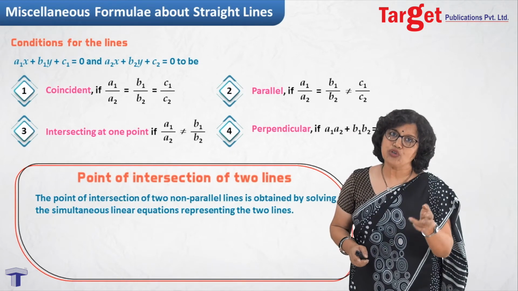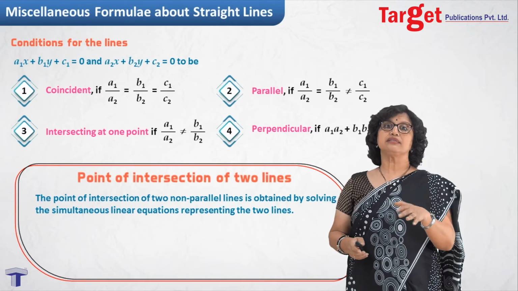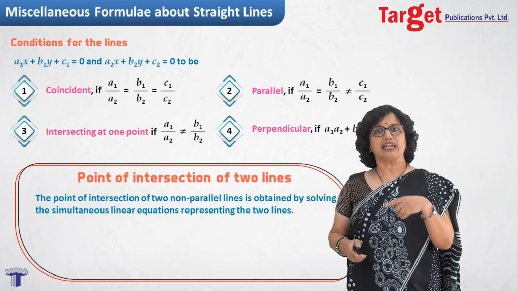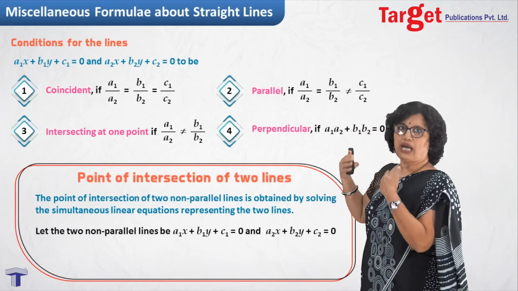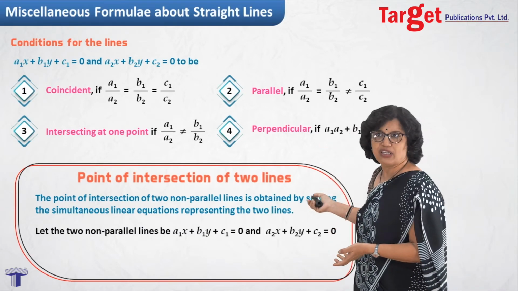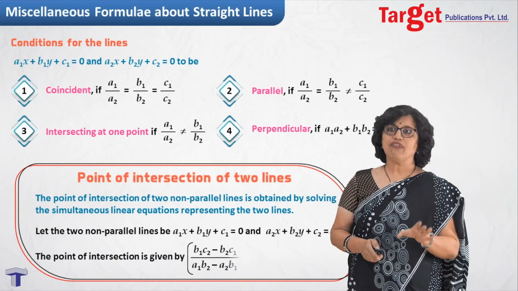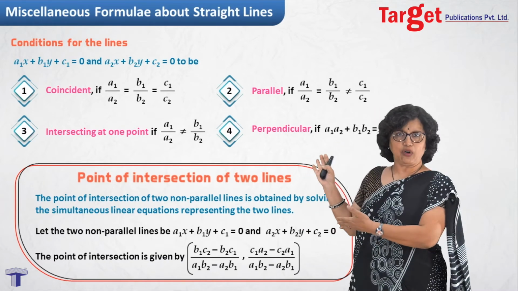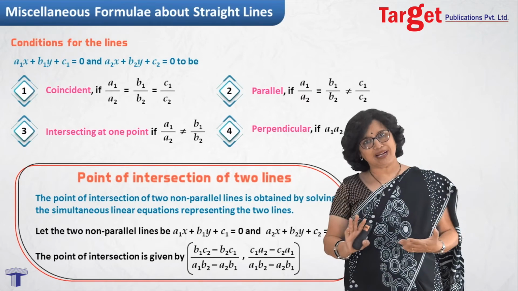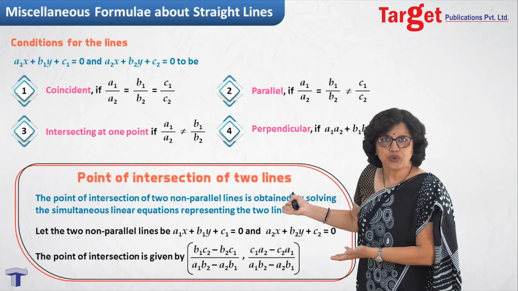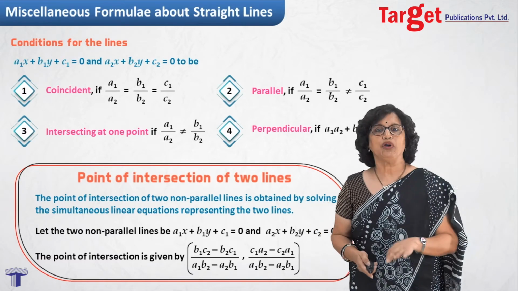If you have a solution for two linear equations, then whatever solution you get describes nothing but that point of intersection. And in the actual calculation, if you work out a1x plus b1y plus c1 equal to 0 and a2x plus b2y plus c2 equal to 0, then after solving you will get one big expression for that point of intersection. Frankly speaking, I would never advise you to remember this as a formula. Those who are good at remembering things are free to do that. But the crux of the matter is you need to solve those two equations to get the point of intersection.